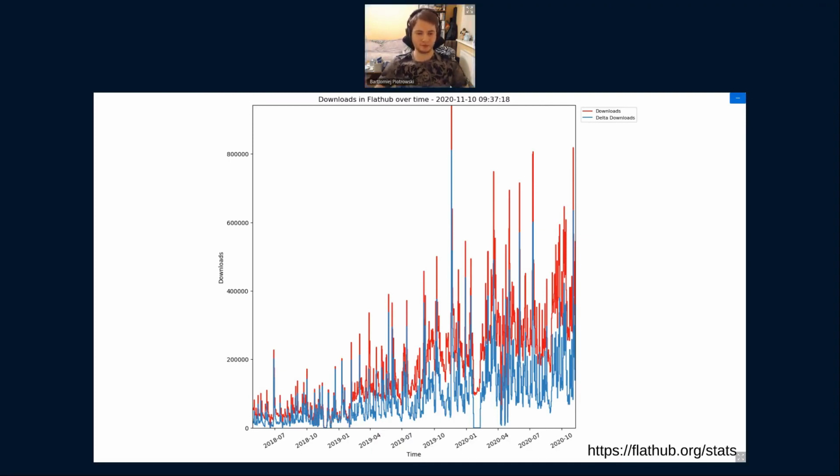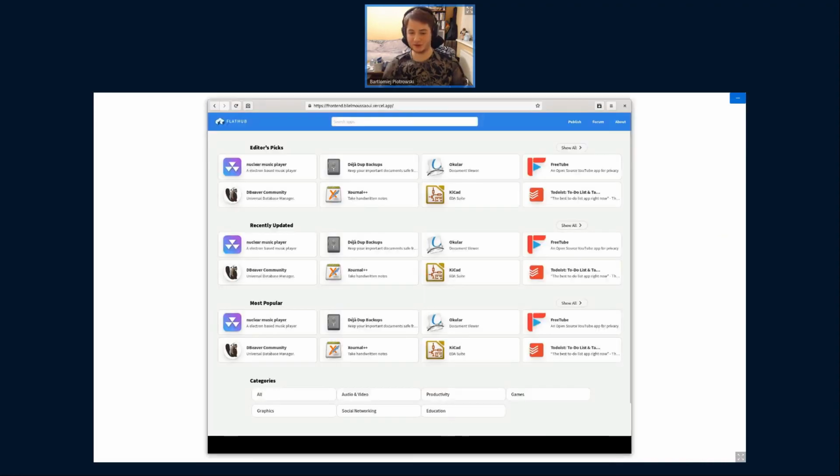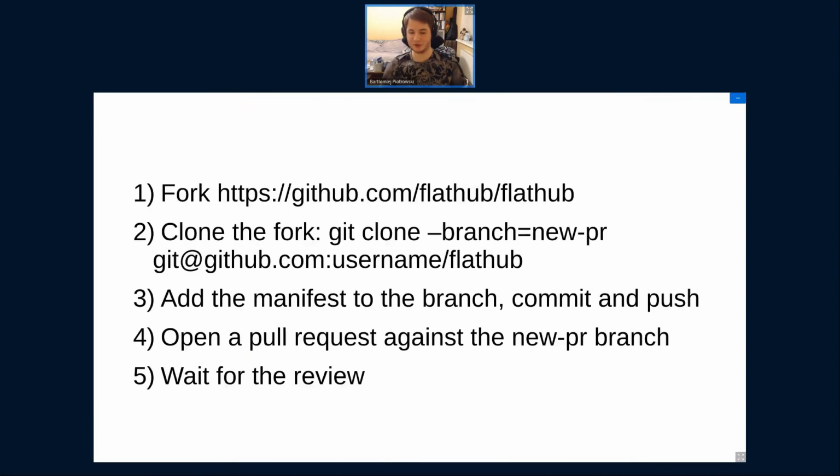Okay, great. We still have more questions coming up, so I'm just going to do them as fast as I can. What is the workflow when you already have the Flatpak JSON files in the app's Git repo? The workflow is pretty much what I described in the slide, which is not ideal, but it is what it is. You fork the main Flathub repo, add your files there, and then submit this as a pull request. Eventually we'll create a new repository under the Flathub organization on GitHub, where only the manifest should be stored.